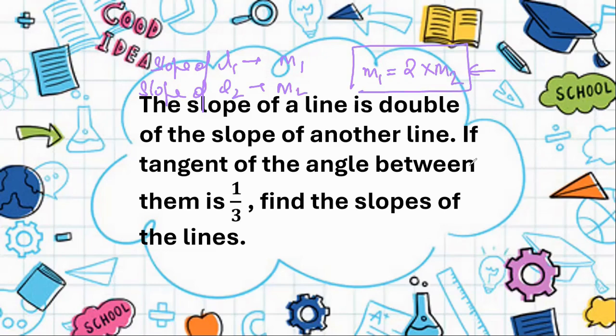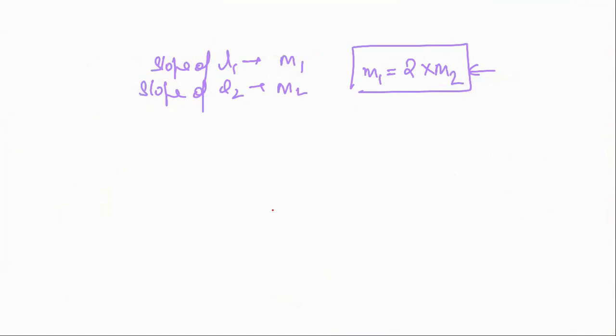Now what they are saying is that the tangent of the angle between them is 1/3. Please remember one thing: if the two lines are parallel, first of all, they are not parallel because the slopes are not equal. If one is 1, then the other is twice that. Like if the slope of one line is 1, then the slope of the other line is 2. So they are not parallel lines. Let's say they are not even perpendicular lines, because what they are saying is the tangent of the angle between them